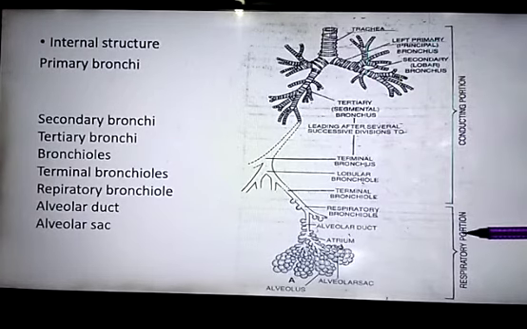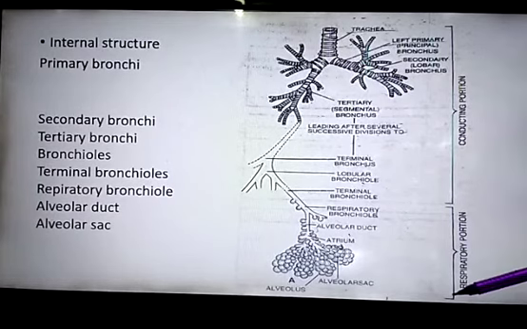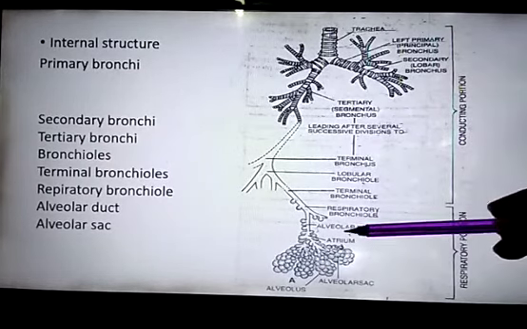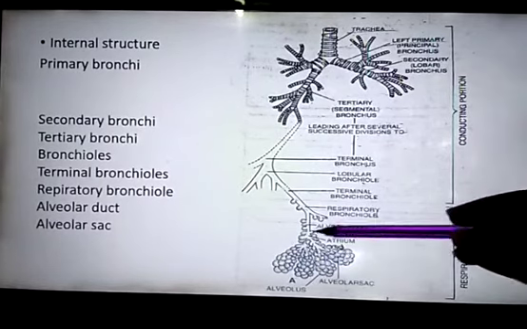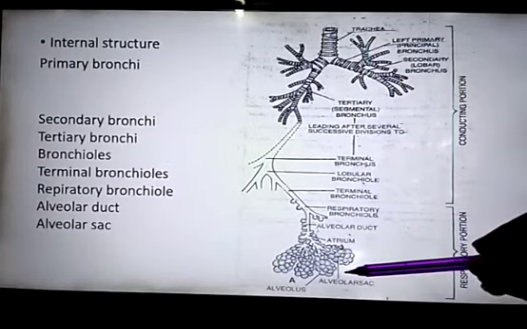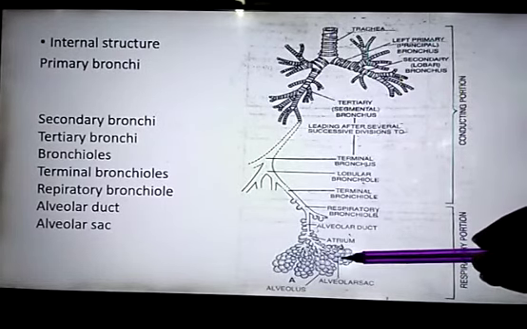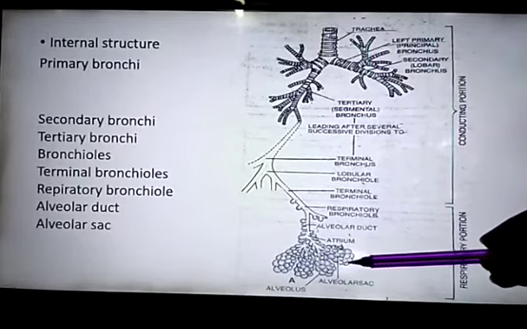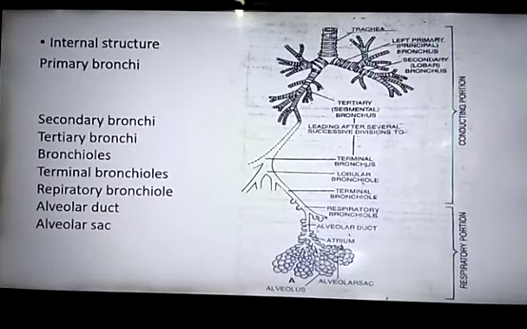Next is the respiratory part or exchange part. The alveoli and their ducts, that is alveolar duct and alveoli, together form the respiratory or exchange part of the respiratory system. It is the actual site for the diffusion of carbon dioxide and oxygen between blood and the atmospheric air. So with this, the respiratory system of human beings is complete.